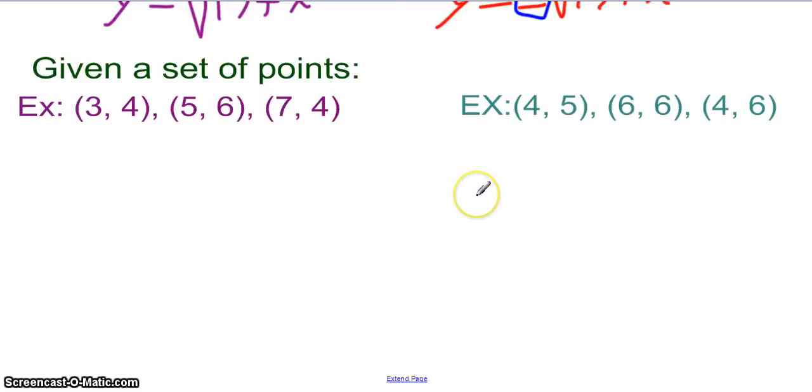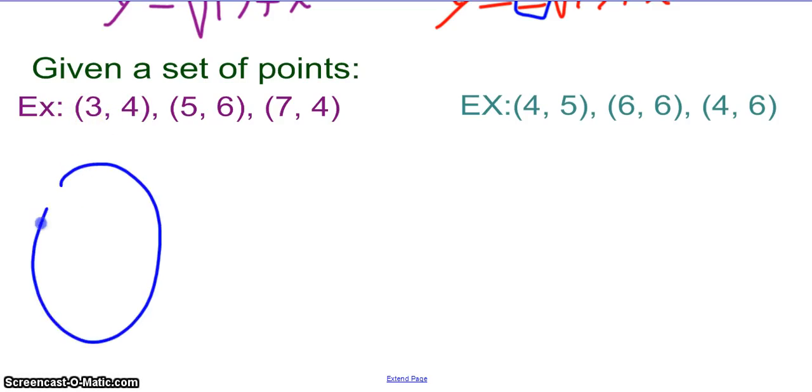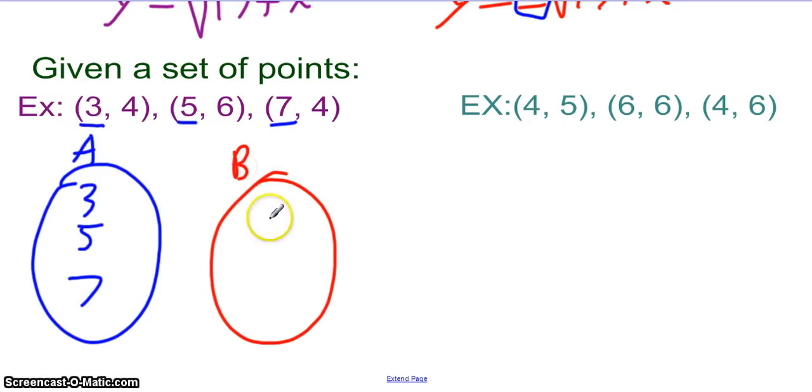Another way to look for if something is a function, if we're given a set of points, again here what we're looking for is for a single input value, is there one and only one output value. So if I draw my A set, this would be 3, 5, and 7. Those values are coming from here. And if I draw my B set, I'll have 4 and 6. Those values are coming from there. And so now I can see that 3 goes to 4,